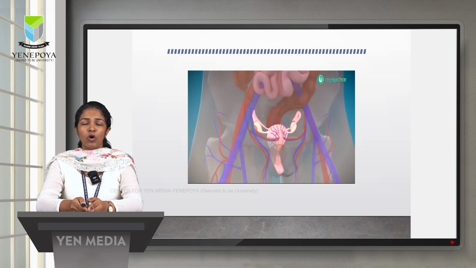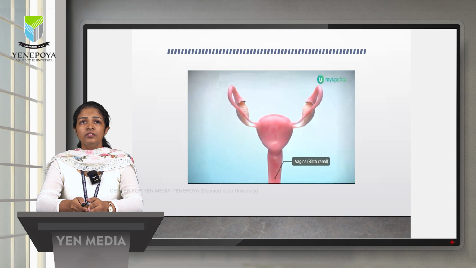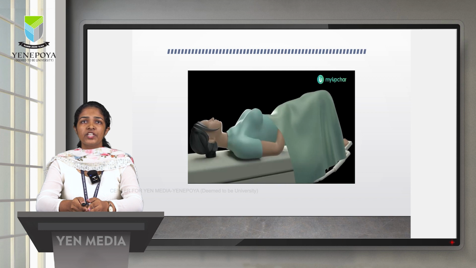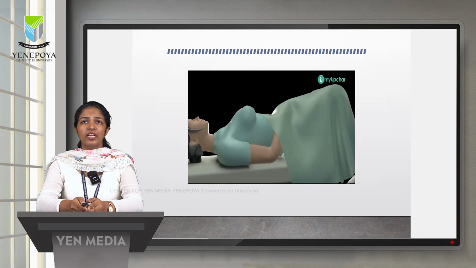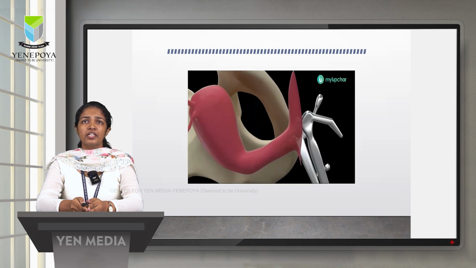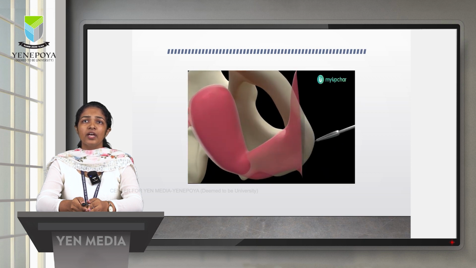So this is a small video which shows the HSG procedure with the cannula technique. The female reproductive system consists of the uterus, vagina, cervix, fallopian tubes and a pair of ovaries. The patient will be in the lithotomy position at the edge of the table, and the procedure is done in a sterile condition and the speculum is introduced into the vagina, and by direct vision the cannula is inserted through the cervix,